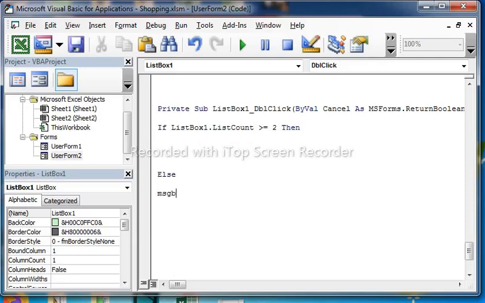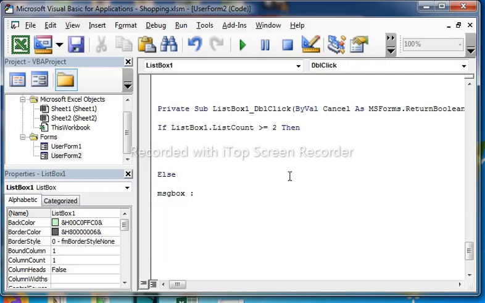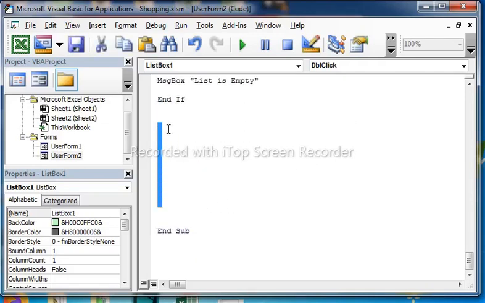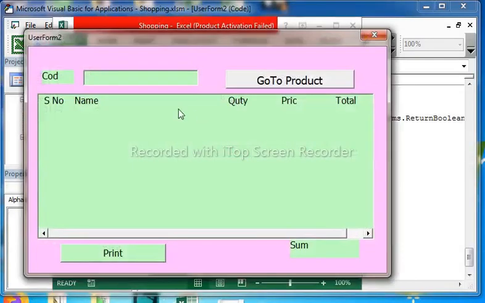ELSE MsgBox message box. Okay, this code is great, and checking. Now the list is empty. Okay,